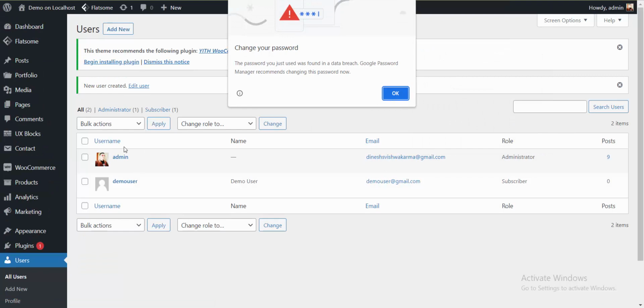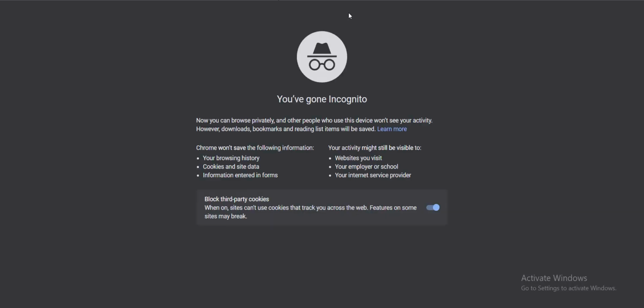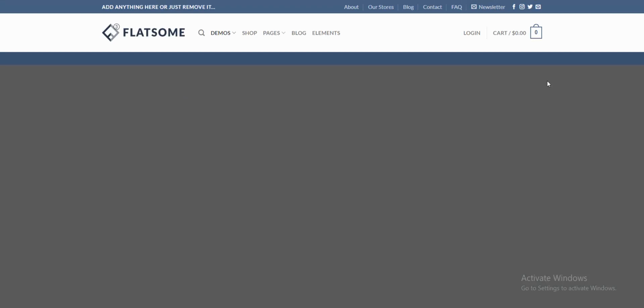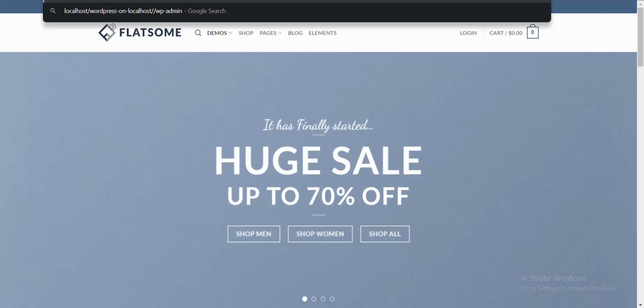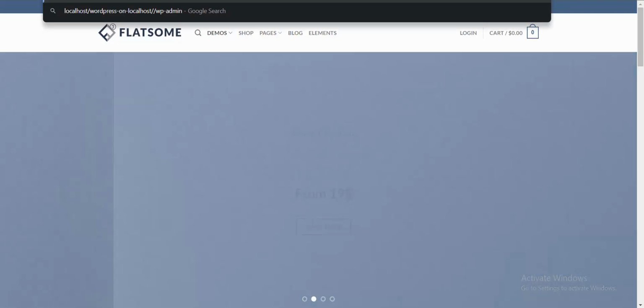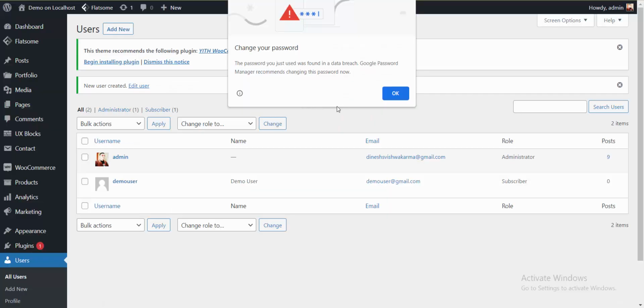Yes, these are two users, including demouser. And if I log in with this newly created user, then I have to open this with wp-admin. Okay, then